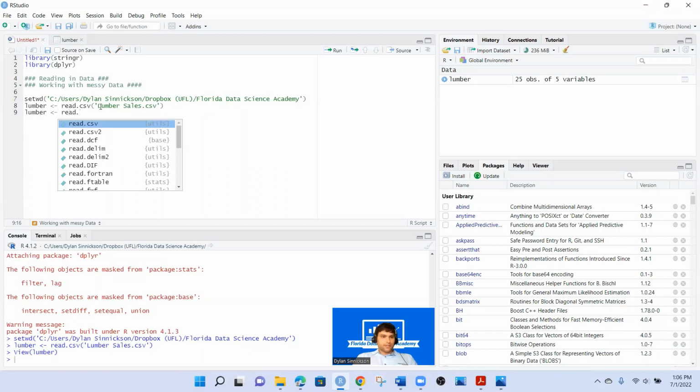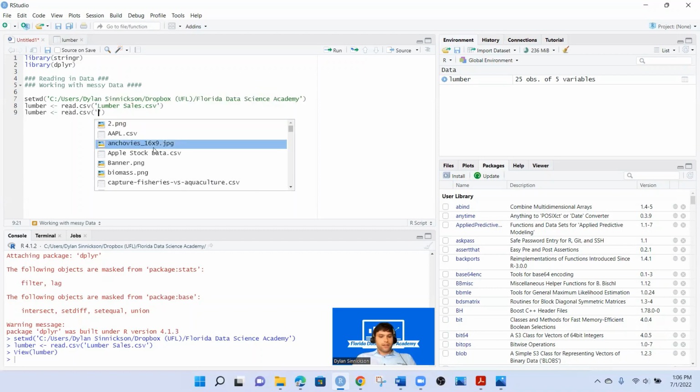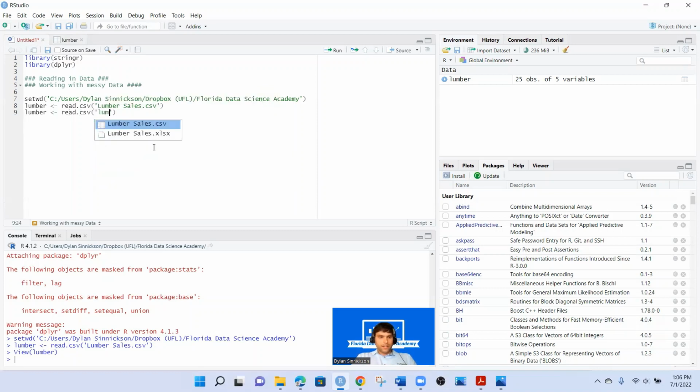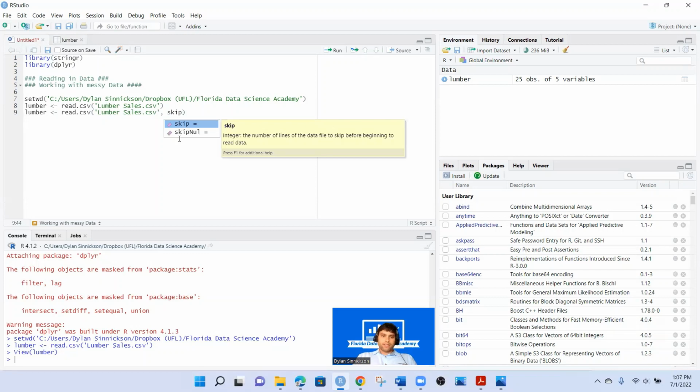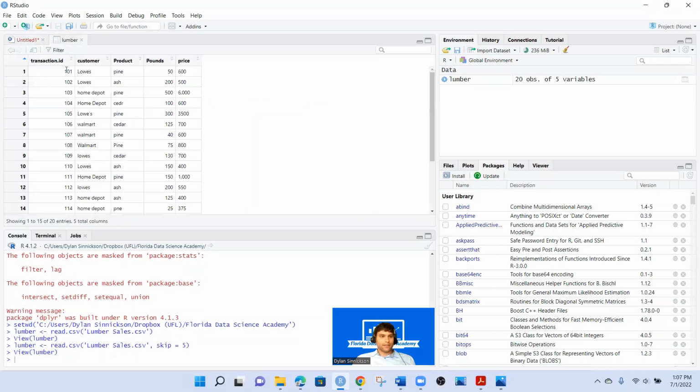using a similar technique that we used earlier. We're going to read in the CSV file lumber sales. We can actually just begin to type the name of the CSV file that we want, and then R will kind of link to it. So I'm going to click that, and then I'm going to separate by a comma, and then I'm going to use this argument that's called skip. So I'm going to set skip equal to 5 because I want to skip the first 5 rows of this data set. So when I run that, and then I click in my R environment,